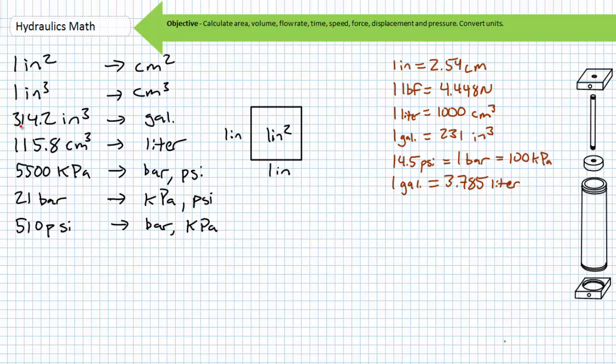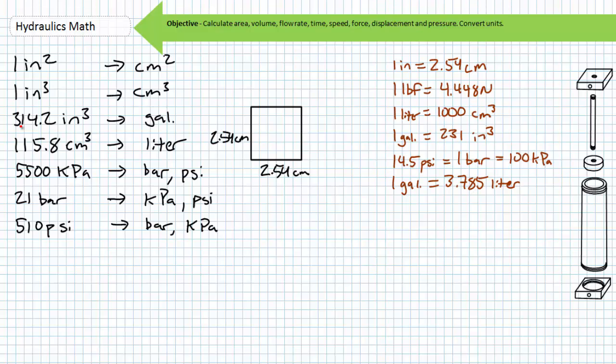Our first example problem is asking us to convert an area of 1 square inch to units of square centimeters. There is no direct conversion between square inches and square centimeters in our list. However, we're given the fact that 1 inch equals 2.54 centimeters. As directly implied by the units, an area of 1 square inch is a square 1 inch by 1 inch. If 1 inch is 2.54 centimeters, it stands to conjecture this same area is a square of dimensions 2.54 centimeters by 2.54 centimeters, or